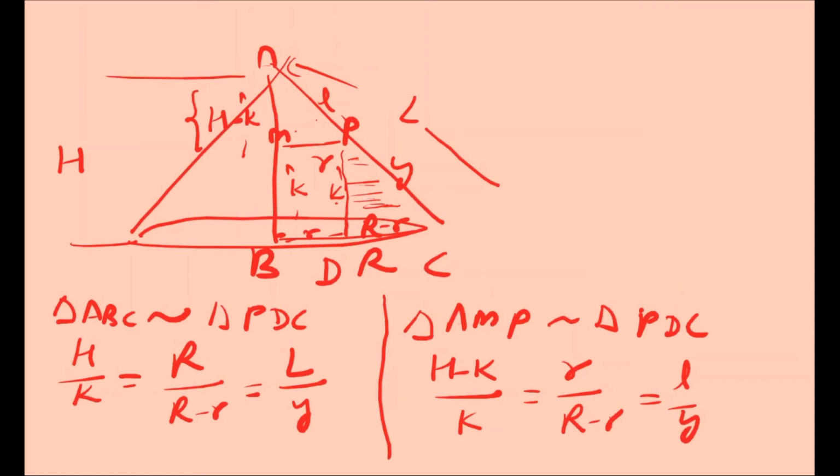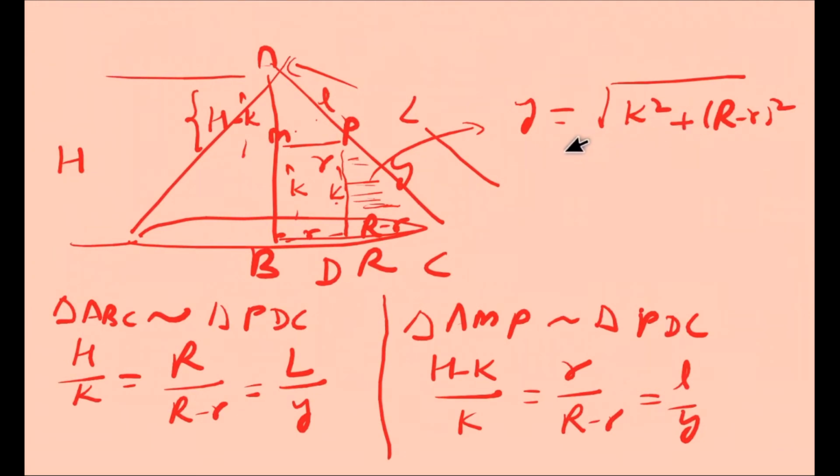Okay. Now also here we can use the Pythagoras theorem, so we can find y equal to under root k square plus (R minus r) square. Now using this ratio, if we want to find the volume of this frustum, from this volume we have to remove this volume, and we find two curved surfaces, so this curved surface we have to subtract from this curved surface. So first we will solve the formula using this.